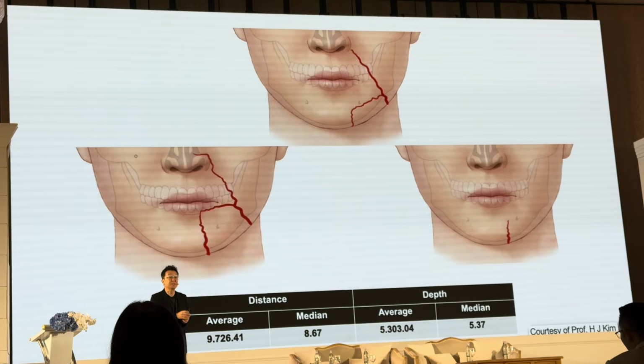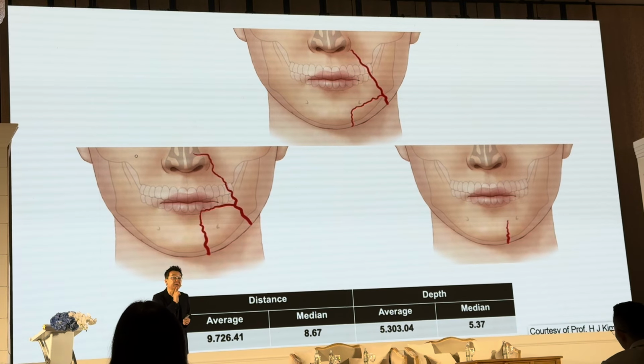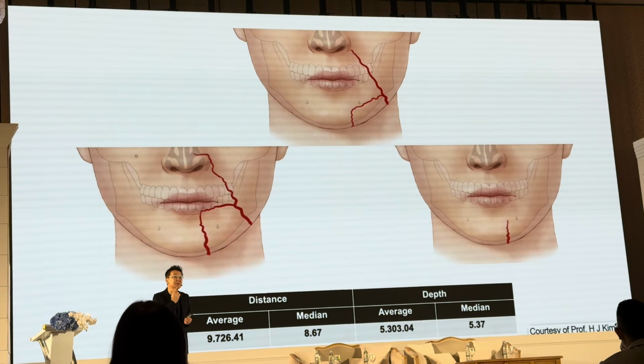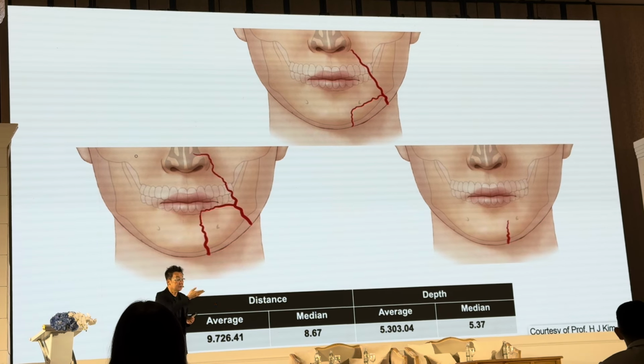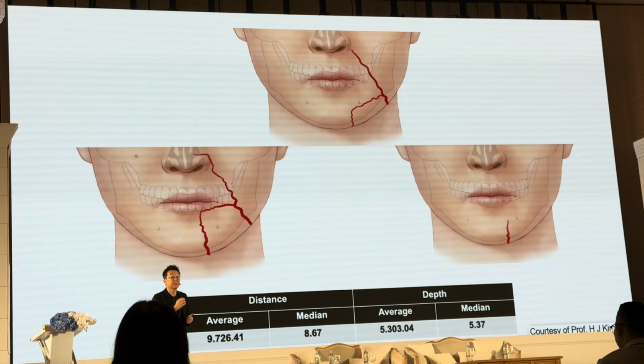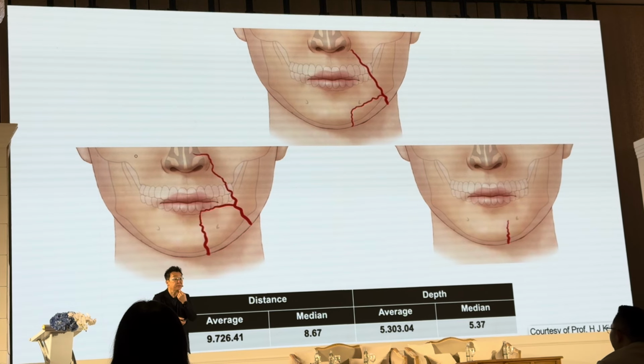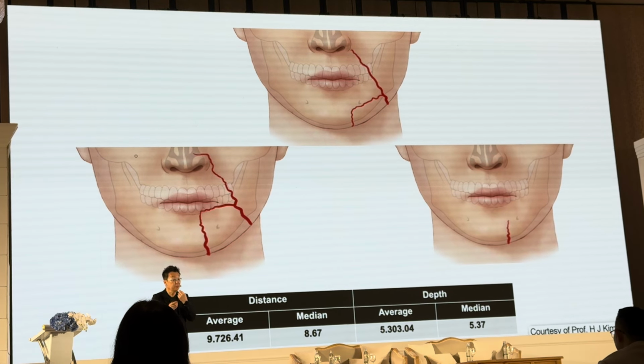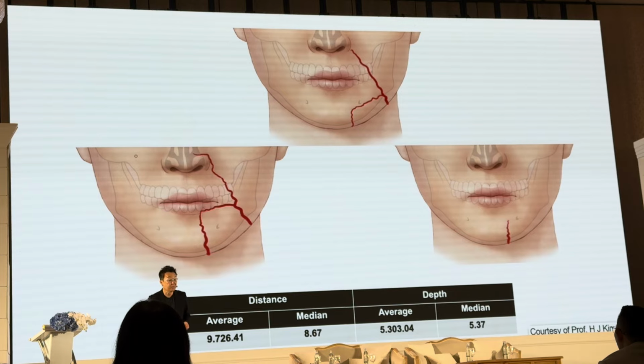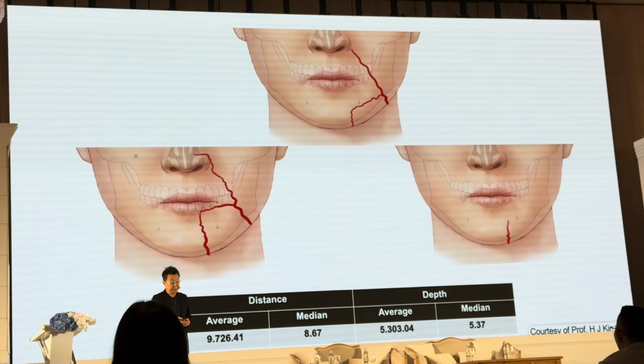But fortunately, this vessel crosses not at the midline, but about 1 centimeter laterally. So generally, you can observe the pattern of the crossing joint. So when we follow the midline injection, we don't worry about any vascular compromise. However,